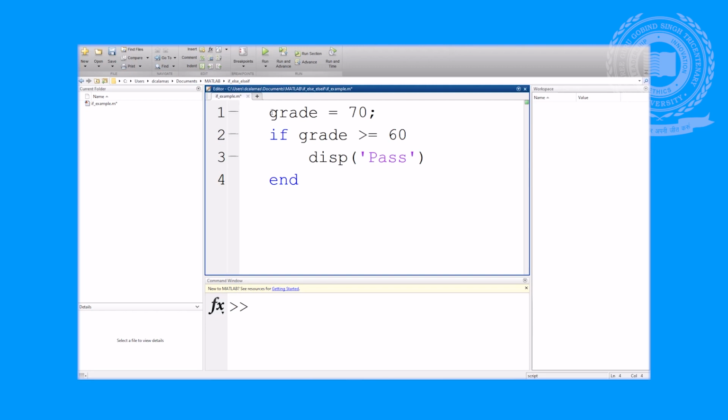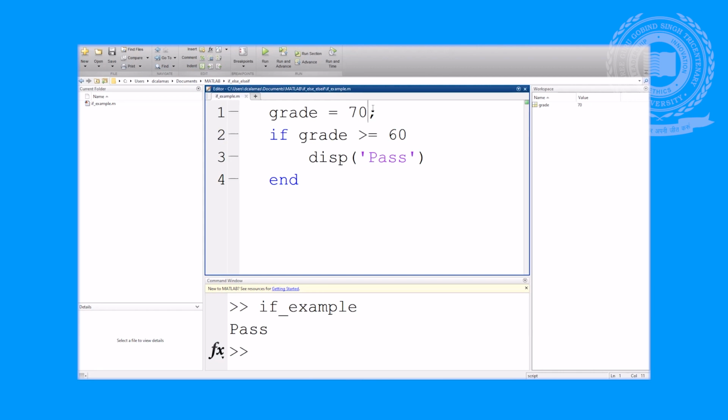So let's run the program, and we see what we get output to the command window. I click run and we get pass, and that is what I would expect because my grade was greater than or equal to 60. Now let's go back and change this input grade to something less than 60.